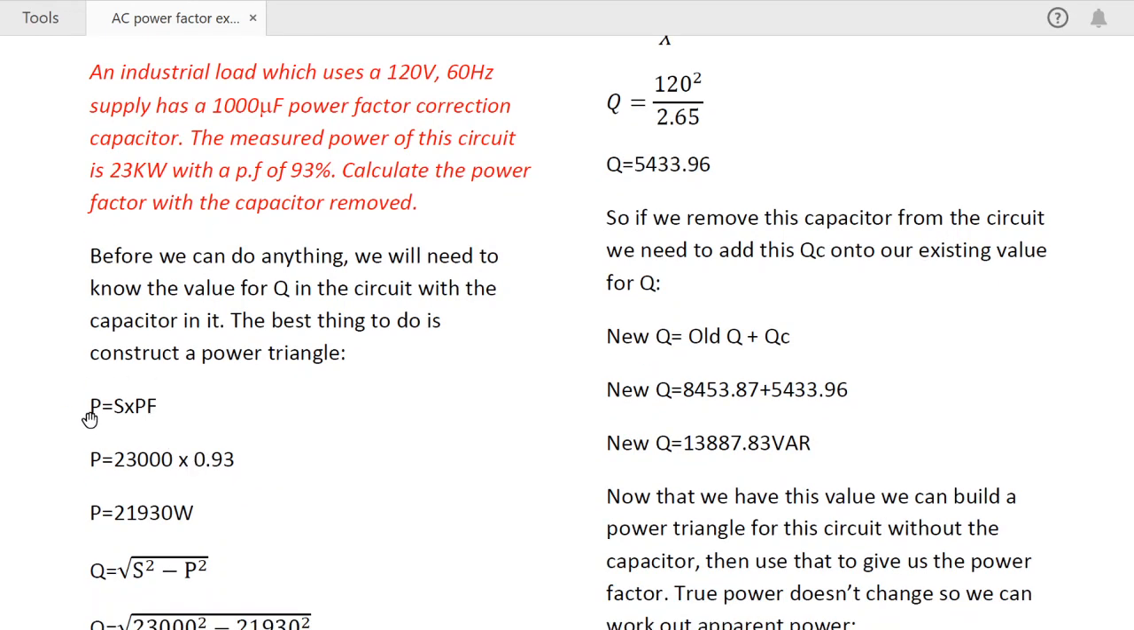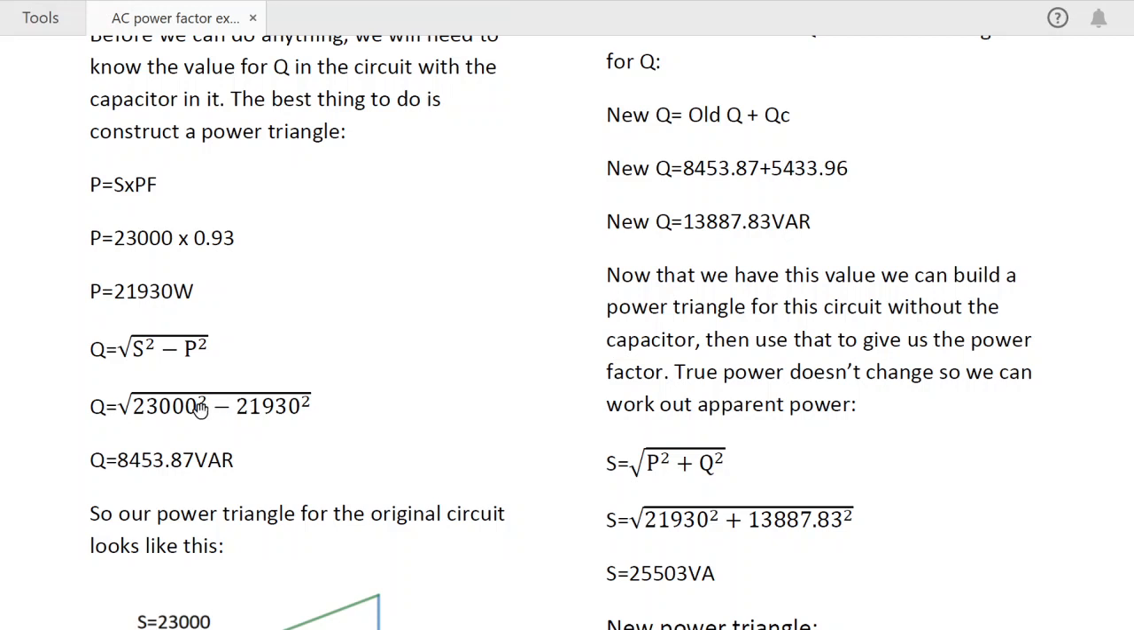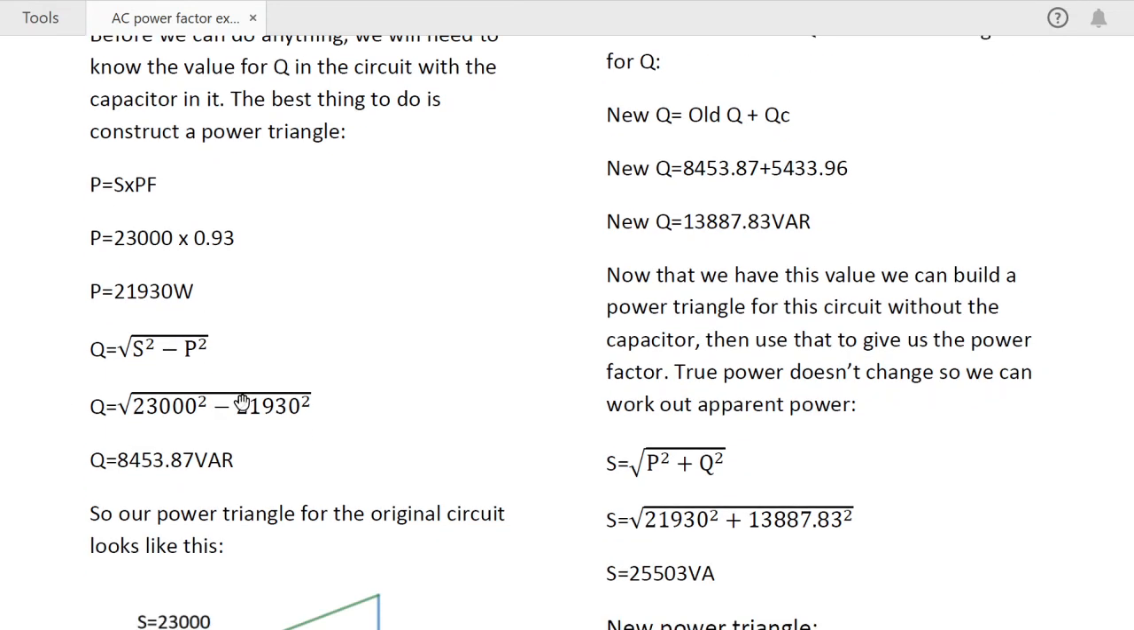So we know that P equals S times the power factor. We've been given the power factor, 93%. We've been given our apparent power is 23 kilowatt. So 23,000 times 0.93 gives us a P of 21,930 watts. That's the second side of our power triangle. The first side would be 23,000, the second side is 21,930, and then we can use those two sides, and